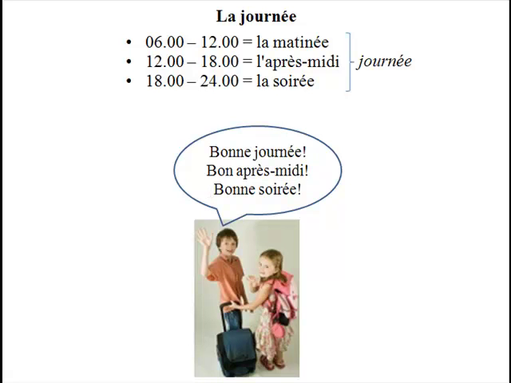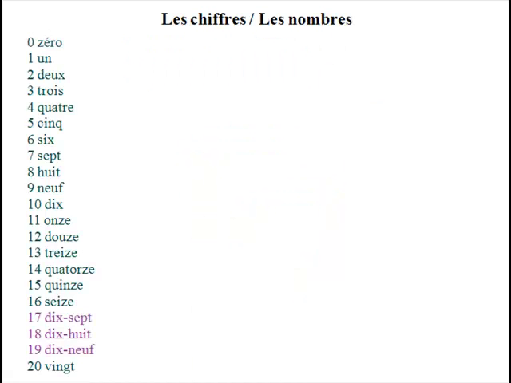Okay, now let's take a look at the numbers. Numbers and digits. So in French it will be chiffres and nombres. Les chiffres et les nombres. So I'll read these numbers first. So just compare what you can hear through the spellings. 0, 1, 2, 3, 4, 5, 6, 7, 8, 9,